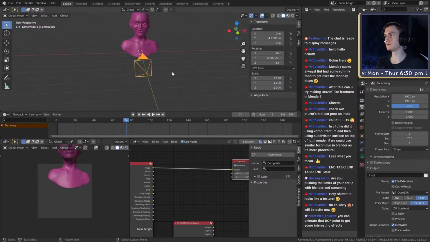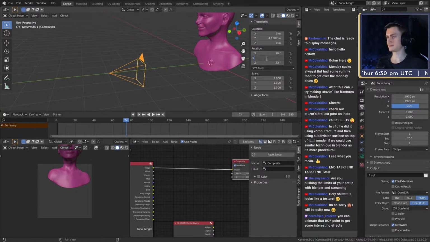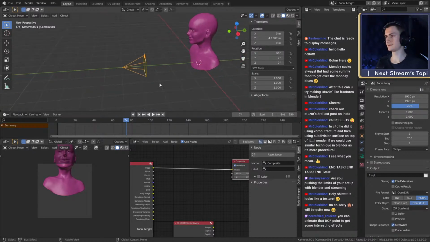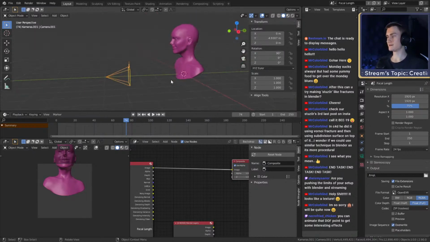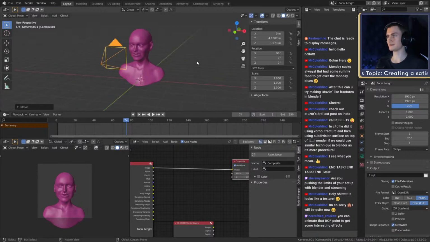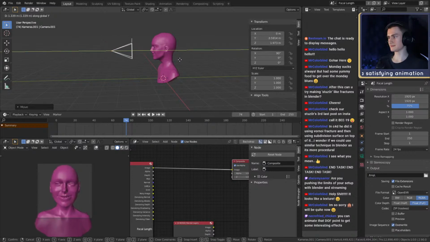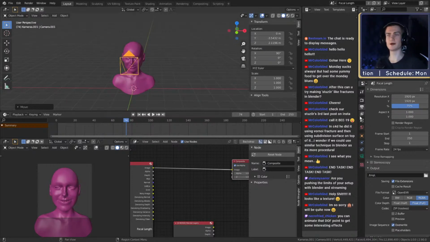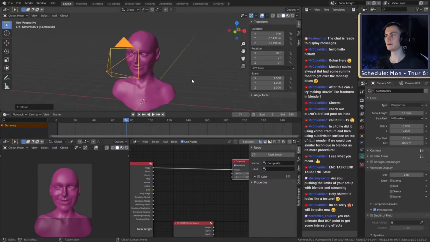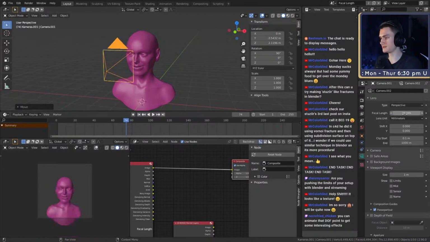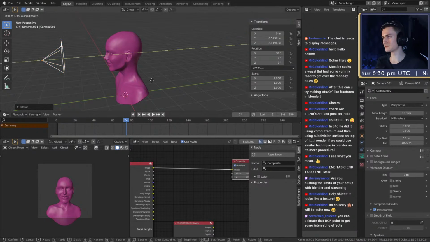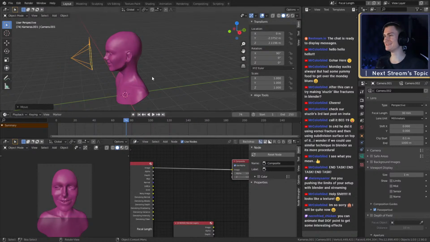What I wanted to show though is if you go back to this view and maybe go to solid view, we don't need the rendered version. Remove the rotation. Okay. Then we focus on her face. Let's go pretty close, maybe do something like that. Okay. We right now have a focal length of 50. We could probably reduce it even more, let's say 30. Let's go even closer. You can see what is happening. We don't even see her ears anymore.